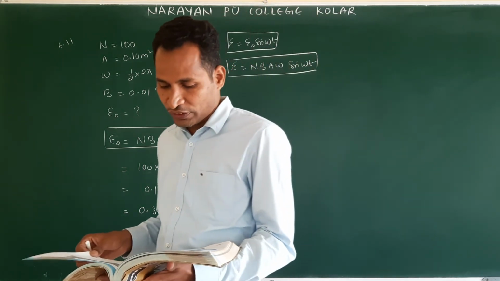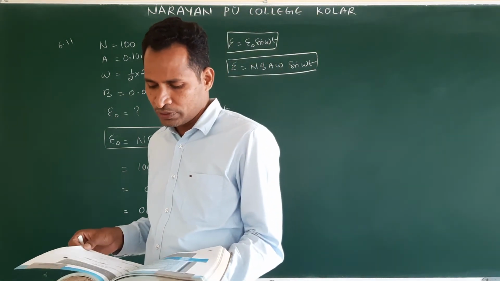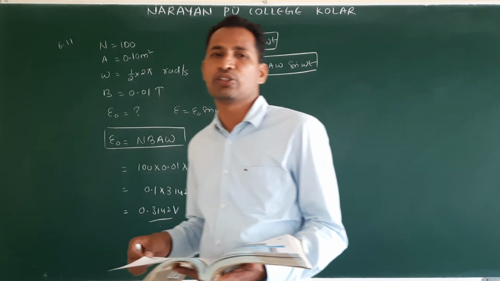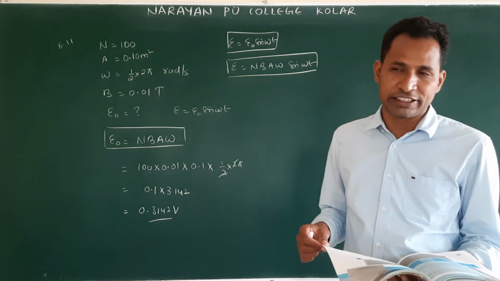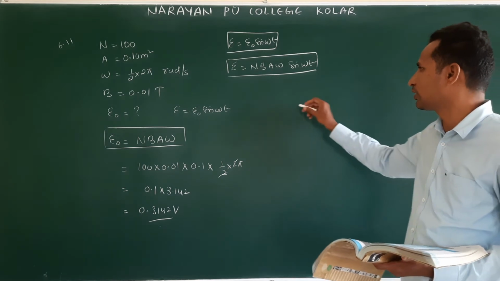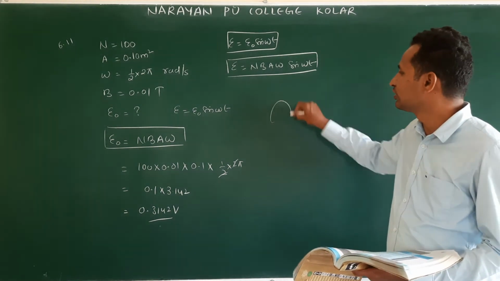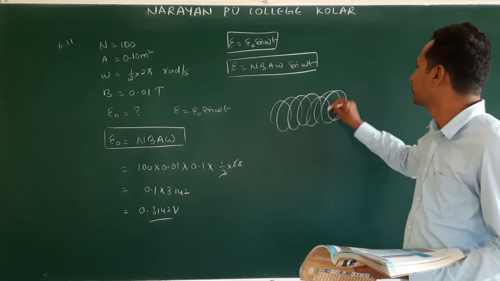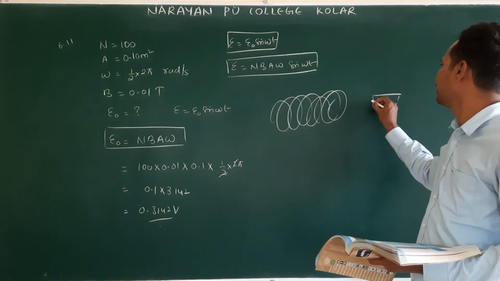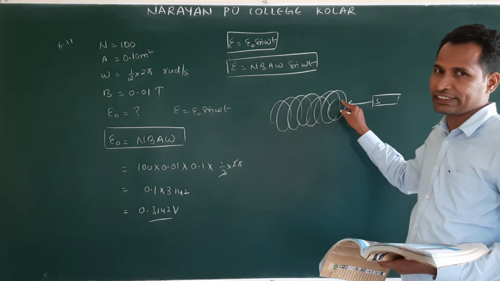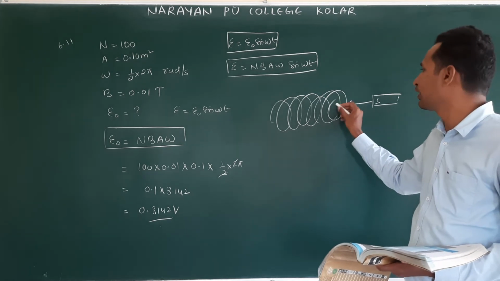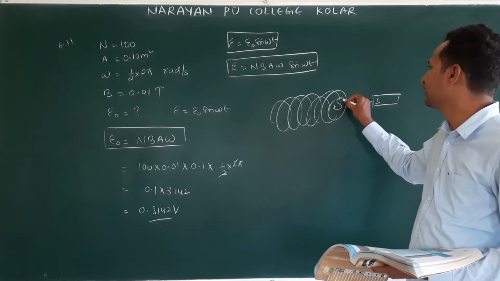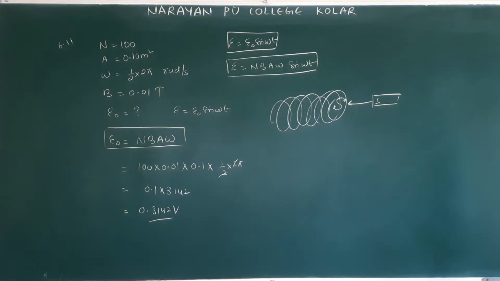In the first exercise, first problem, they give the direction of the induced EMF. Follow which law? Lenz's law. See the first figure: south pole going into the coil. South entering means flux increasing. The induced current opposes the south, so which pole develops here? Then follow the direction. Like that, follow everything and you will come to know. If you have a doubt, immediately contact me, I will explain.